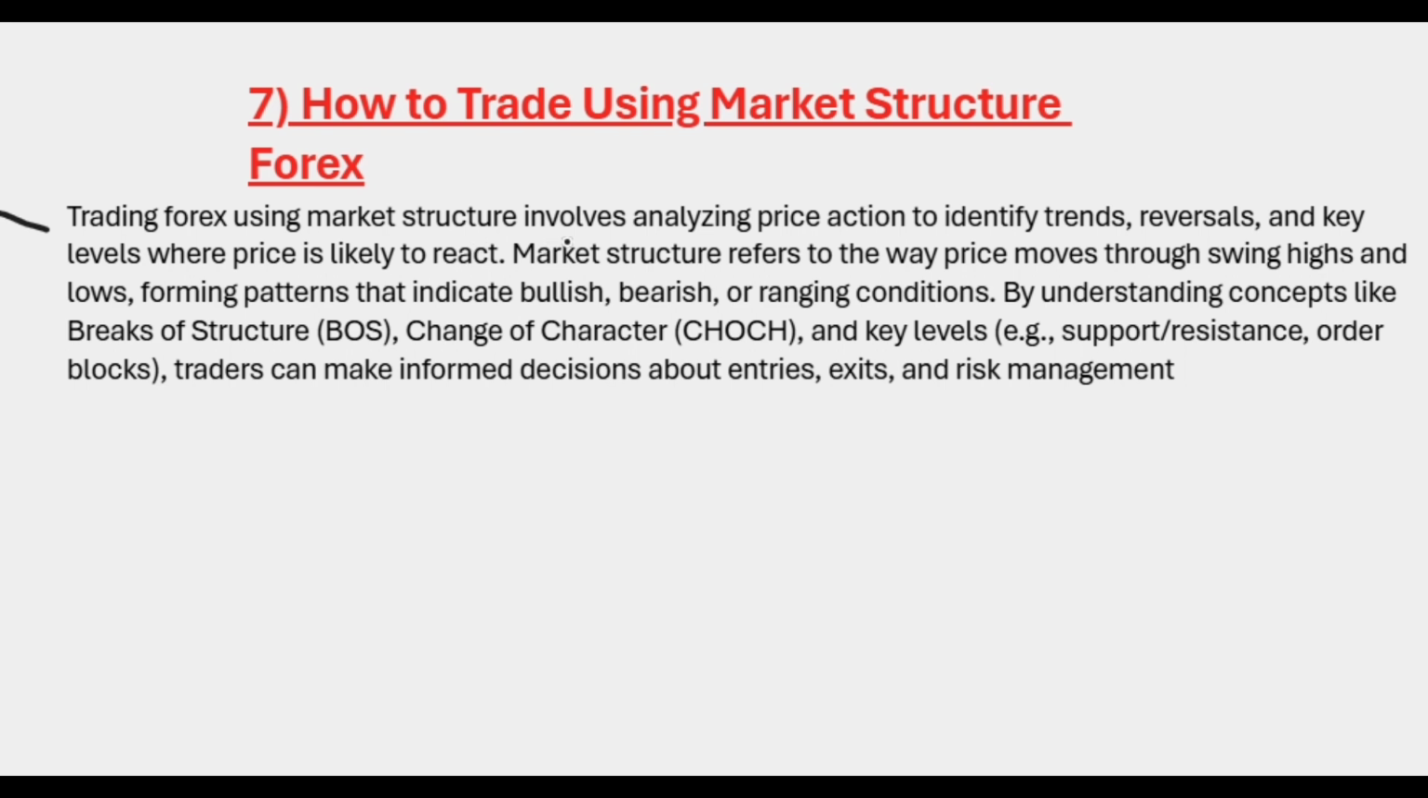Trading Forex using market structure involves analyzing price action to identify trends. You first identify trends. Remember, we have uptrends, downtrends, and consolidation. We also identify reversals and key levels, where price is likely to react. Key levels are support and resistance. Market structure refers to the way price moves through swing highs and swing lows, forming patterns that indicate a bullish, bearish, or ranging market. Remember, a consolidating market. By understanding concepts like break of structure, which we learned in our first topic, change of character, and key levels, for example support and resistance, order blocks,